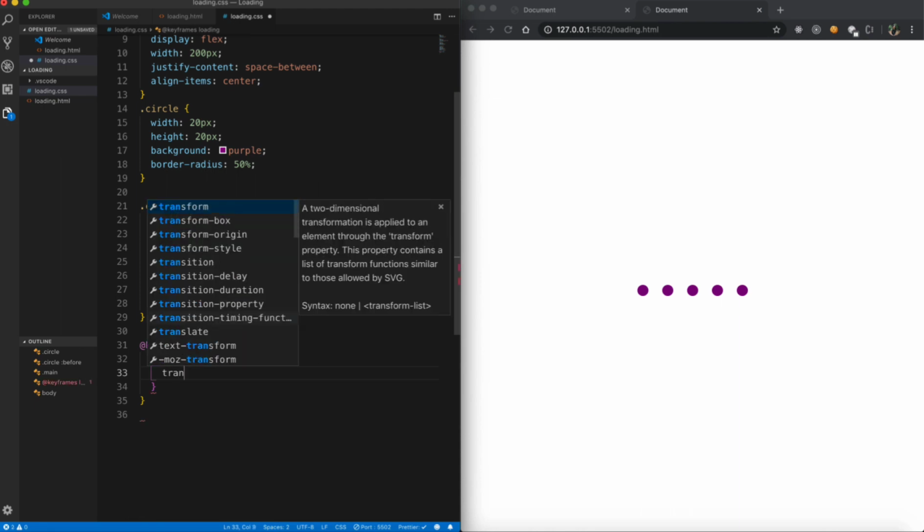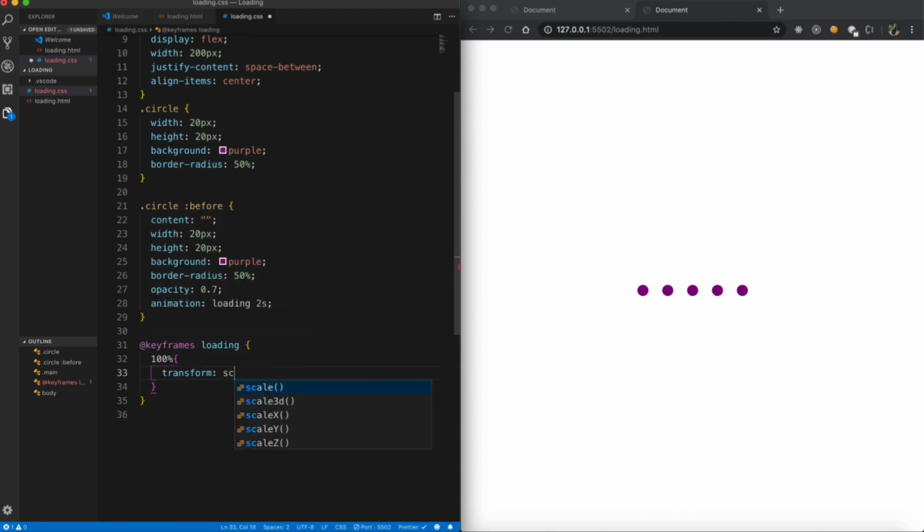So I'm going to say transform, and let's say scale, and I'm going to say 2,2. What this is basically going to do is scale my circle horizontally and vertically, that is on the x-axis and y-axis, twice. And the shortcut for this, you can just say one value. So scale 2 is both horizontally as well as vertically.